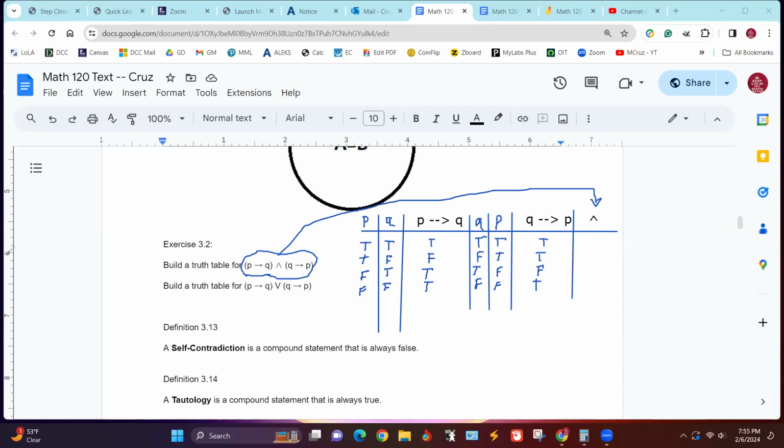Now, the ones I'm looking at, like I said, I want to kind of just cross these out so we don't look at them. We're only going to look at this column, and we're using the and rule. And the and rule is only true if we've got two truths. Otherwise, it's false. So I'm just going to come up here and find any that have two truths. There's the two truths. Both of these other ones have one false, so these are false and false.